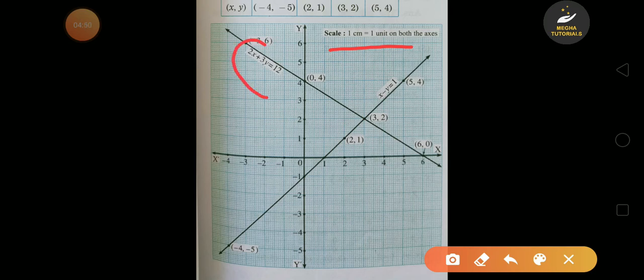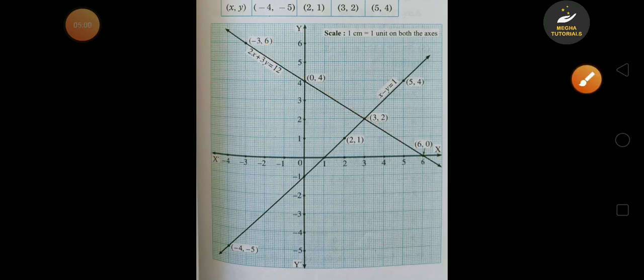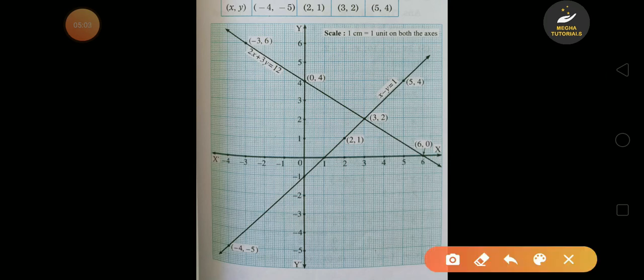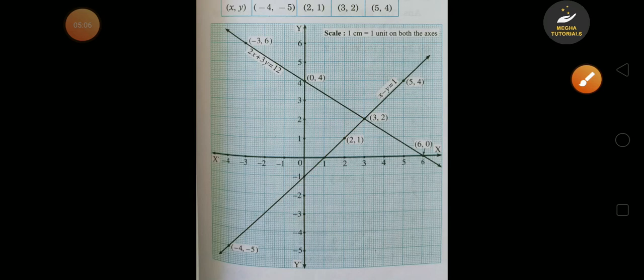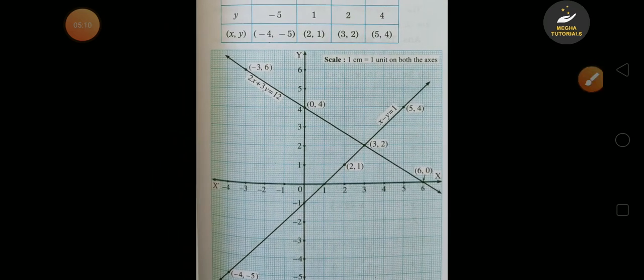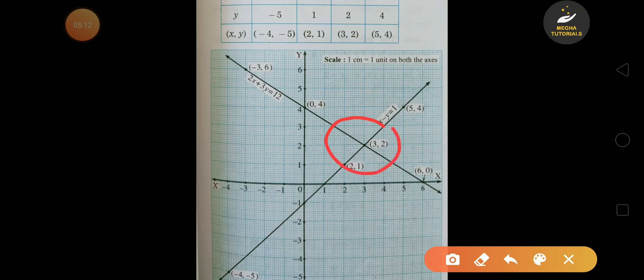ठीक है, so ये जो आप इक्वेशन देख रहे हो, ठीक है, so this line is for equation 1 that is 2x + 3y is equal to 12। ओके, so पॉइंट्स प्लॉट करने के बाद आपको एक ऐसे straight line मिलेगा। ठीक है, and ये जो लाइन है it is for equation 2 that is x - y is equal to 1। ठीक है, अभी आप ऑब्जर्व अगर करते हो तो ये जो पॉइंट है that is intersection point of these two equations is 3,2।